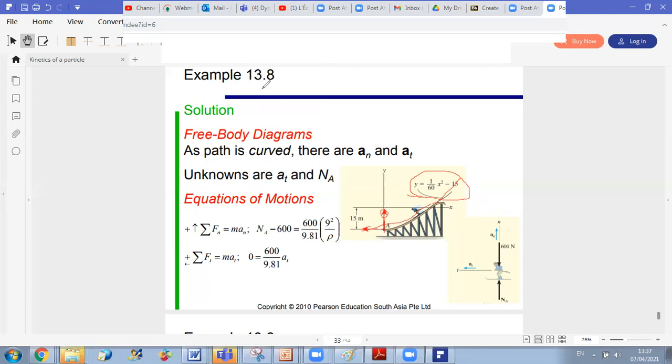For example, if you have this curve, in these locations here, un will be downward. In other locations, it will be upward. Okay. Now, here you can see the free body diagram at point A. So as we said, ut is horizontal, un is perpendicular upward, and